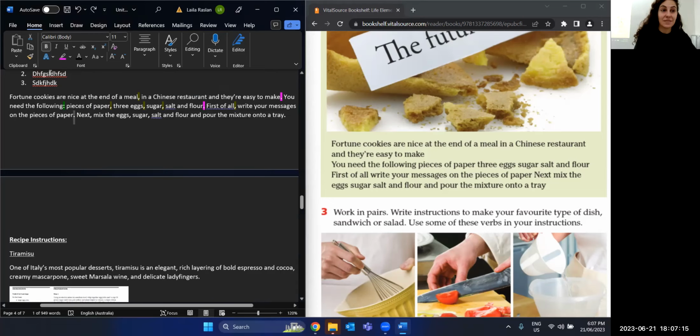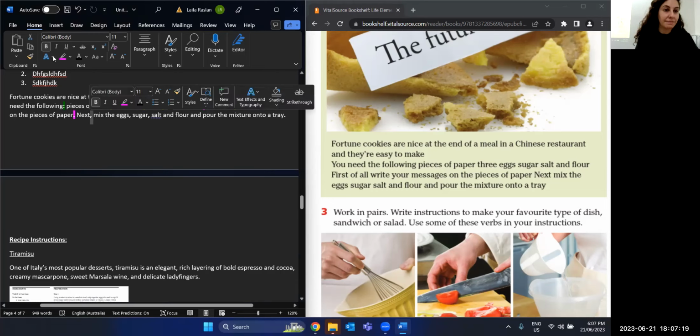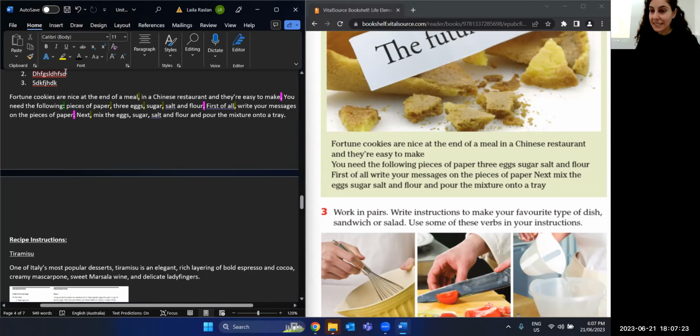Okay, next. Now, next is a sequence word, so I need a comma. Next, comma, mix the eggs. Now, I can see that they're nouns: egg, sugar, salt, and flour. So I need to start putting commas after these nouns. So mix the eggs, comma,